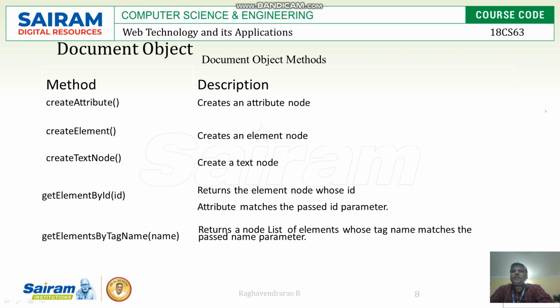Then there are document object methods, able to create the methods. So you can create the attribute, you can create the element, you can create the text node, you can use getElementById. So you can access that, and getElementsByTagName. Now you can see